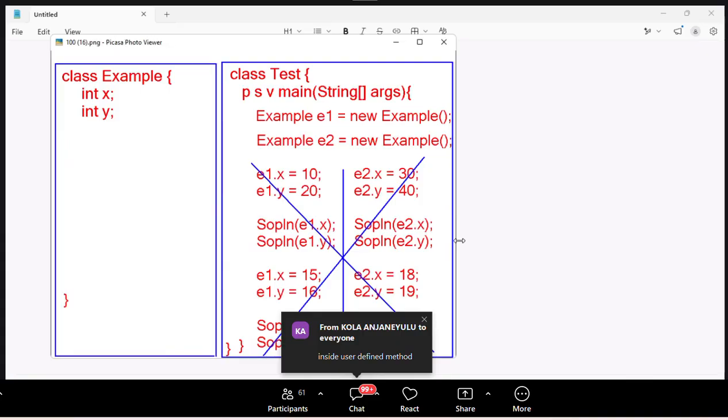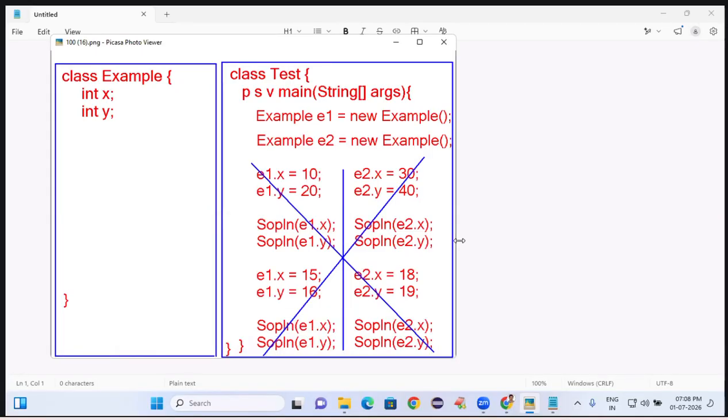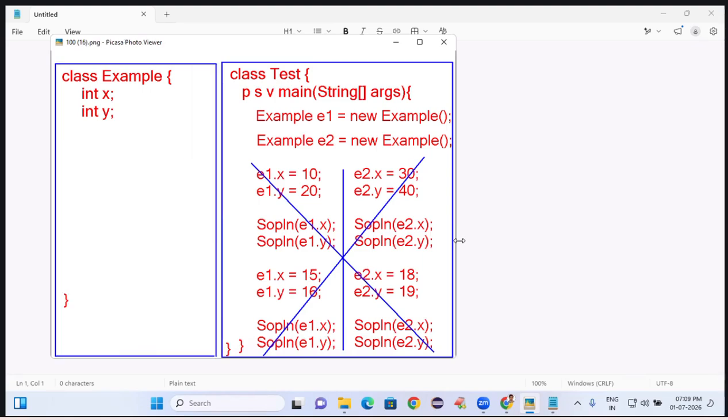Next approach: initializing, reading, modifying, printing operations via methods. Where should I create the method? Inside the example class. Got an idea? Ready? Write down: to solve the above 4 problems, to develop reusable code,